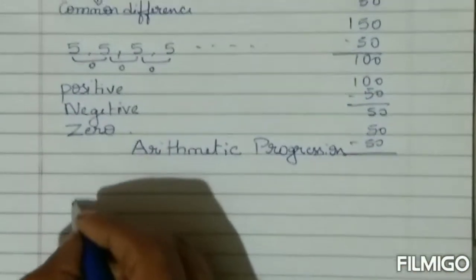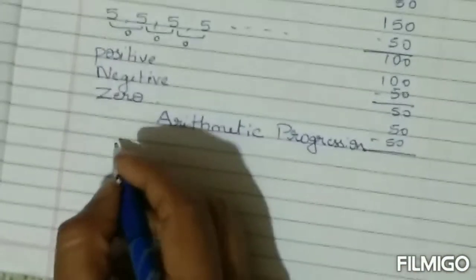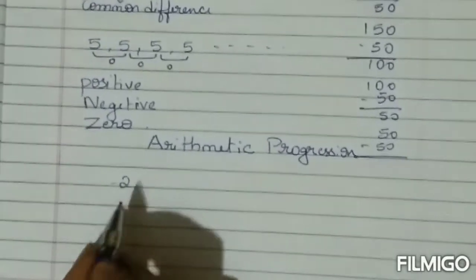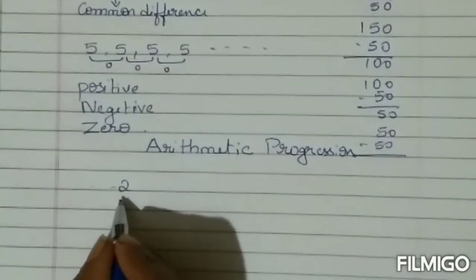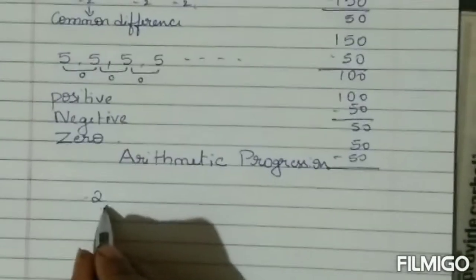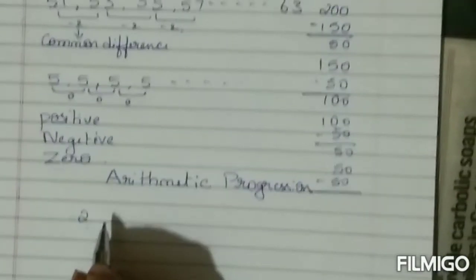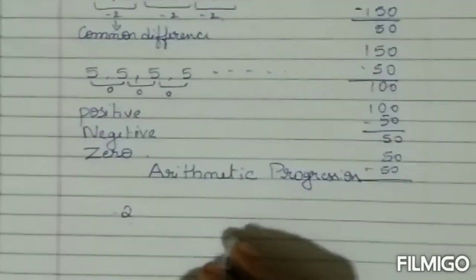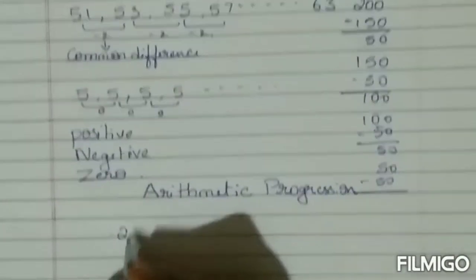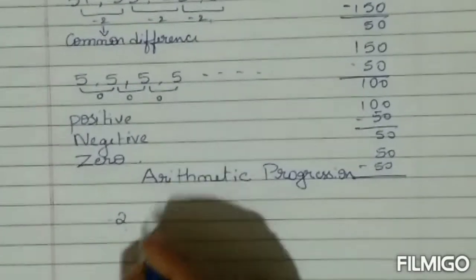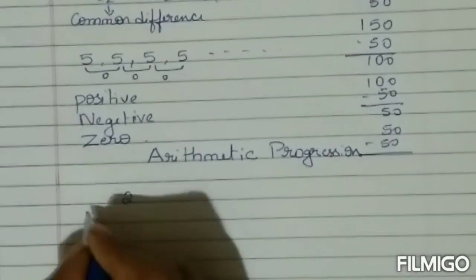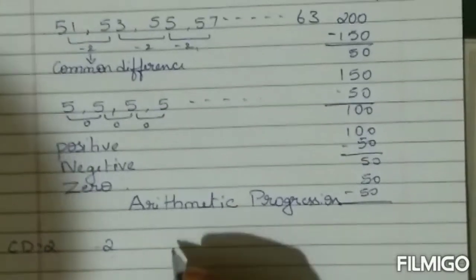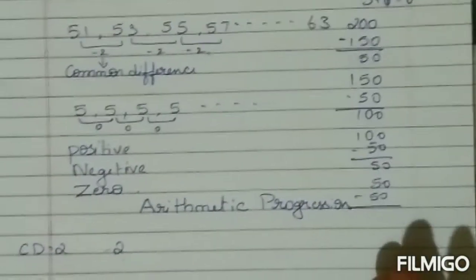Say, nth term. See here, I will give you a number. Can you write down an arithmetic progression here? No. Why? Because there are no terms or there is no common difference. So you want a common difference. I'll give you a common difference. See, the common difference is 2. Can you write the arithmetic progression here?